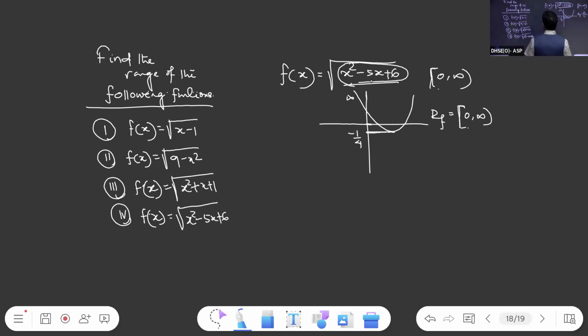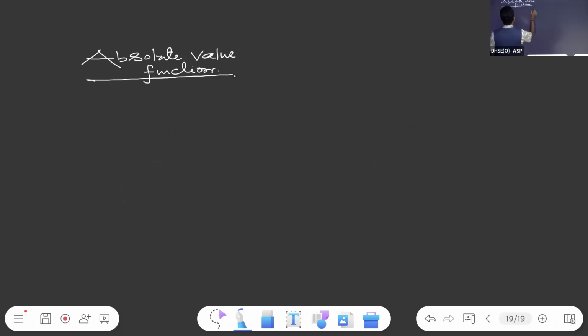So let's move forward to the next function. Okay, then write down: absolute value function. It is defined as